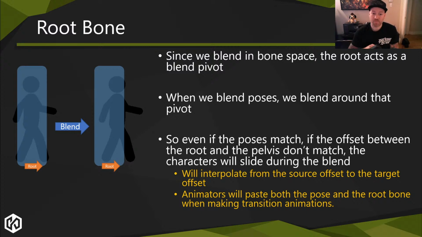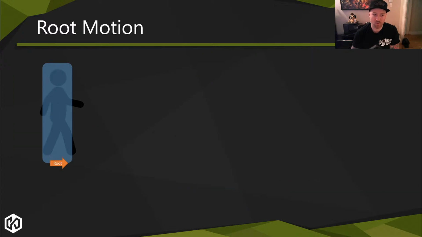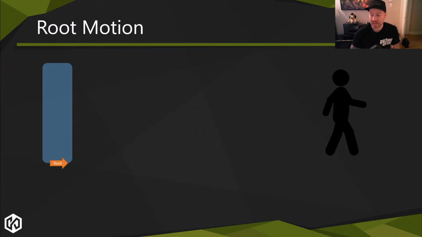Now, you need to keep that in mind and not forget that it is the blend pivot. And you can use that information later on in interesting ways. Another case is that when they animate, they can leave that root at the origin of